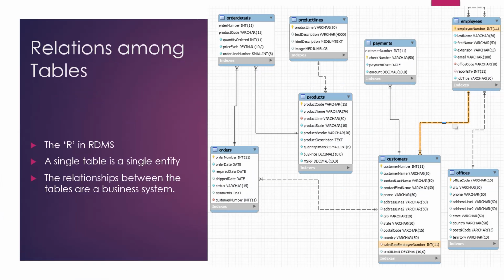Relationships among tables. It's the R in the RDMS. A single table is a single entity, but the relationships between the tables form the business systems. Let's take a look at this example here. We have the employees table, and this is another view of the employees table that we saw in the previous slide. It in fact defines the columns, and here you see the column names and their data types next to them. This is the way the integer is expressed, and this is the way a string is expressed in our